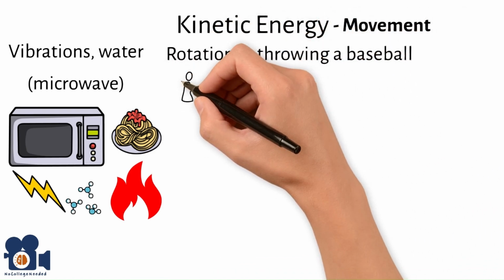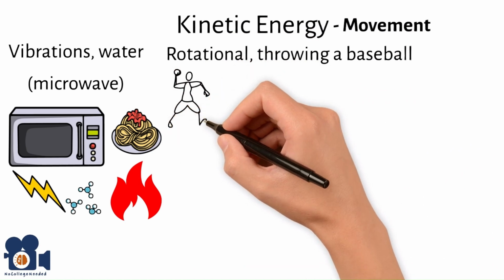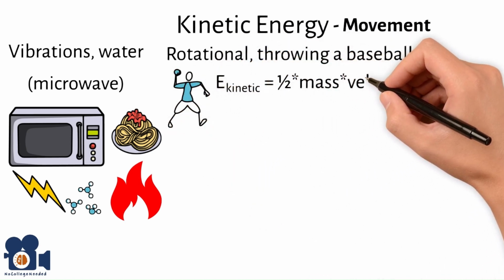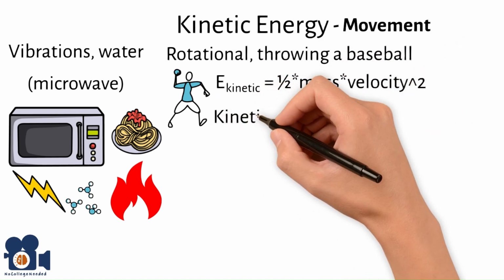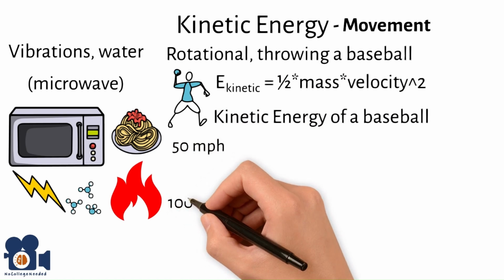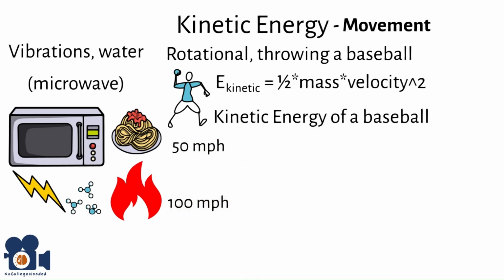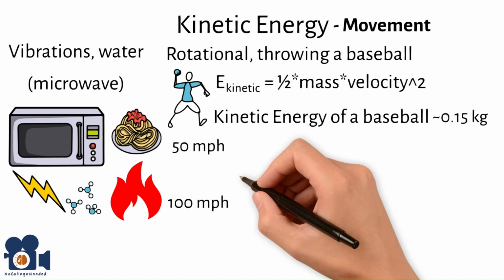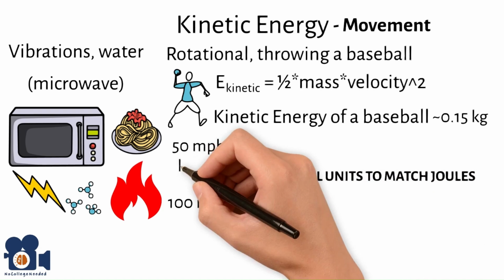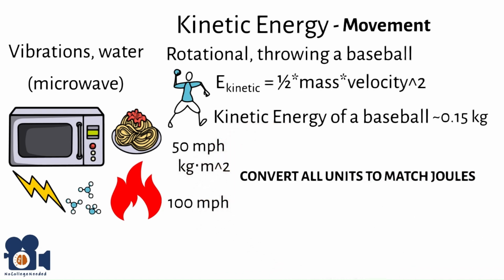We can measure the amount of kinetic energy an object like a baseball has with the equation E kinetic equals 1/2 mass times velocity squared. For fun, let's calculate the kinetic energy of a baseball at 50 miles per hour versus 100 miles per hour. The approximate weight of a baseball is 0.15 kilograms. Remember, we must convert all the units to the units that match joules, namely kilogram times meters squared divided by seconds squared. 1 mile per hour equals approximately